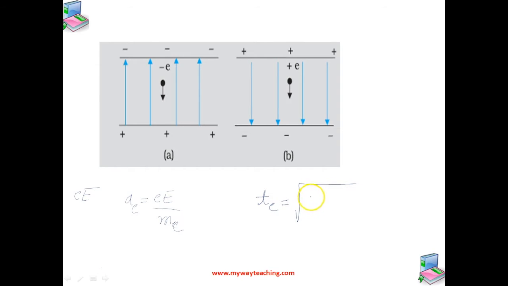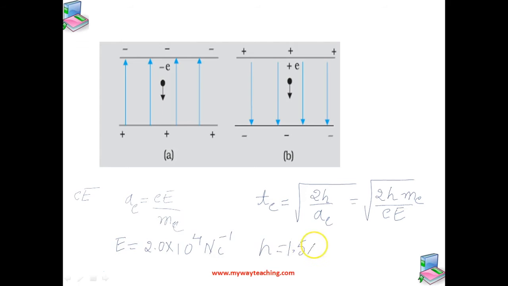square root of 2h by a_e, and here we know a_e value that we have to substitute here. So we know the value of E, that is 2.0 into 10 raised to 4 Newton per Coulomb. h is 1.5 into 10 raised to minus 2 meter, and